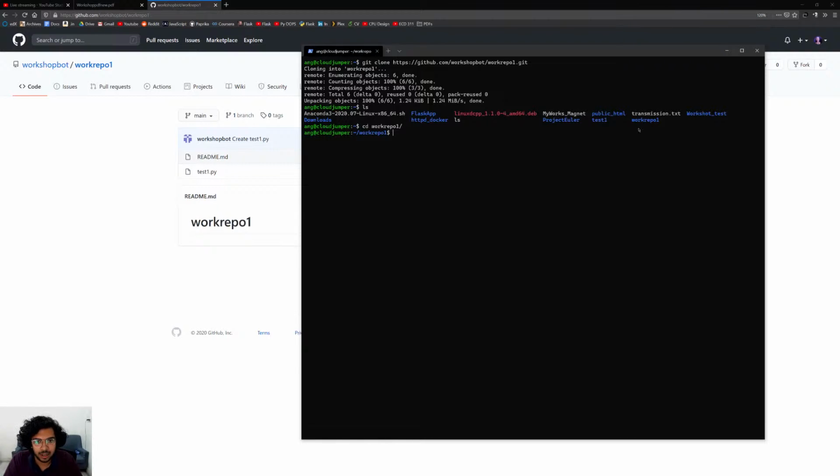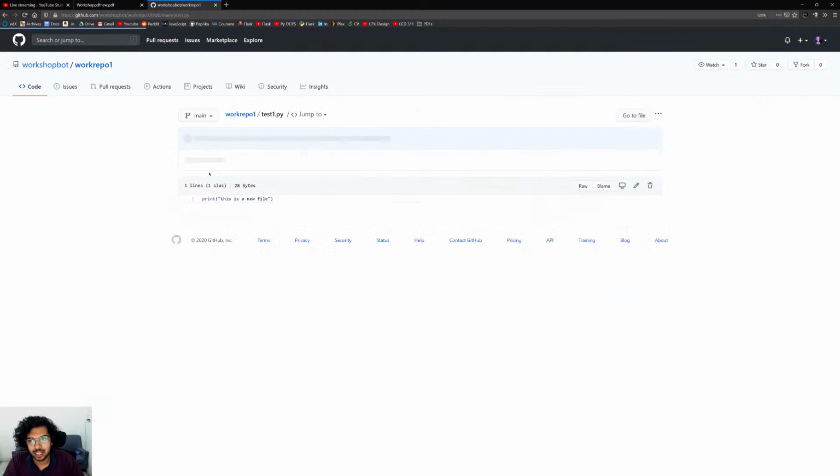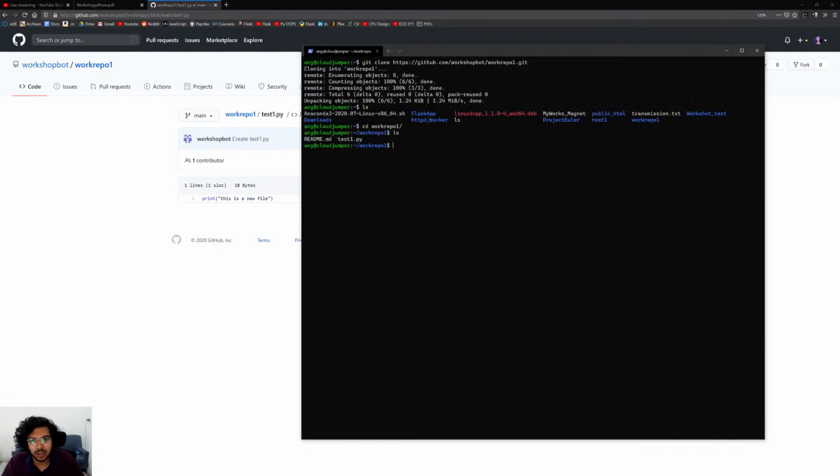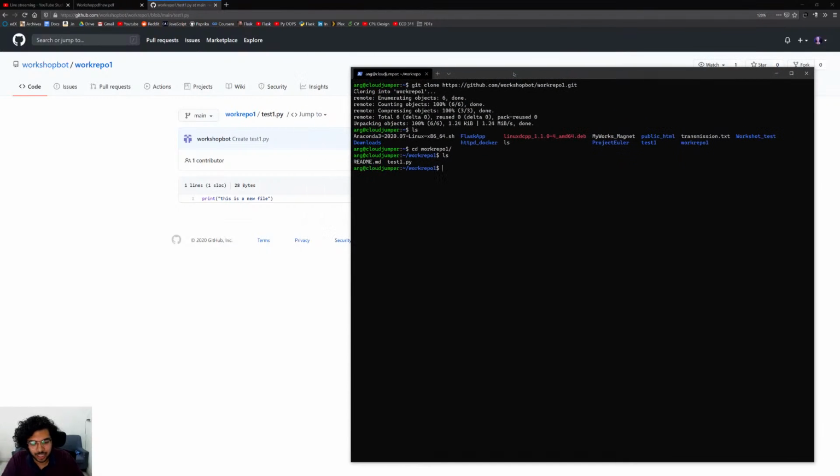And then I'll again list the files. So we have readme and test1.py. So here also we can see that this is the test1.py file, and so we can open up a text editor, test1.py.